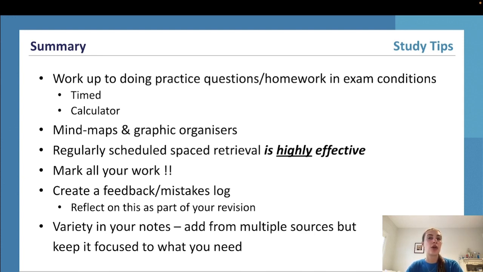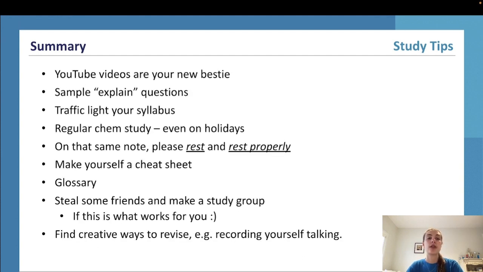marking all your work, so there's no use doing the practice questions if you don't know if you're doing them correctly, creating a feedback or mistakes log so you can reflect on it and determine what you need to work on when it comes to your main revision time, keeping lots of variety in your notes, so adding it from multiple different sources, having tables, diagrams and dot points, using videos, explaining questions to people, traffic lighting your syllabus, so going through your syllabus and each learning intention, determining whether it's green light, orange light or red light, doing regular study so that you don't forget information,